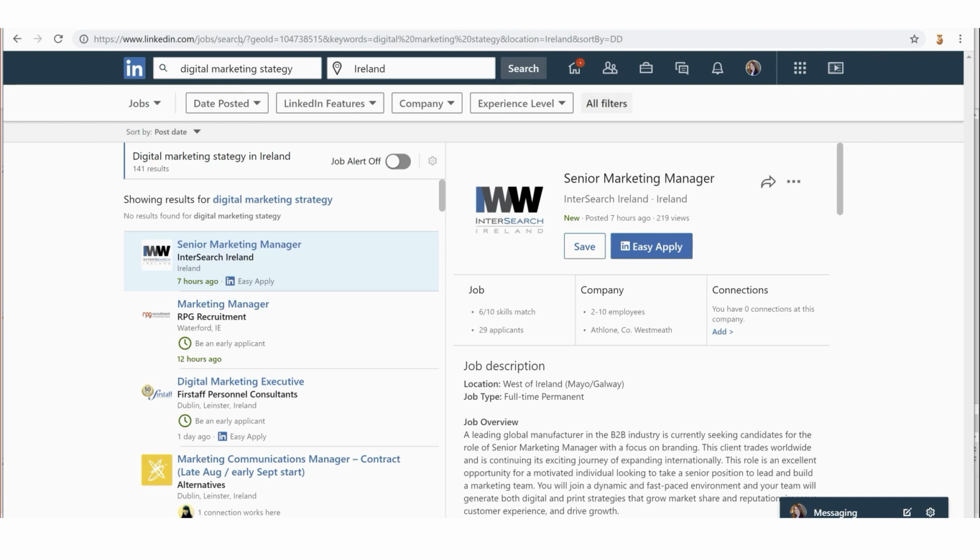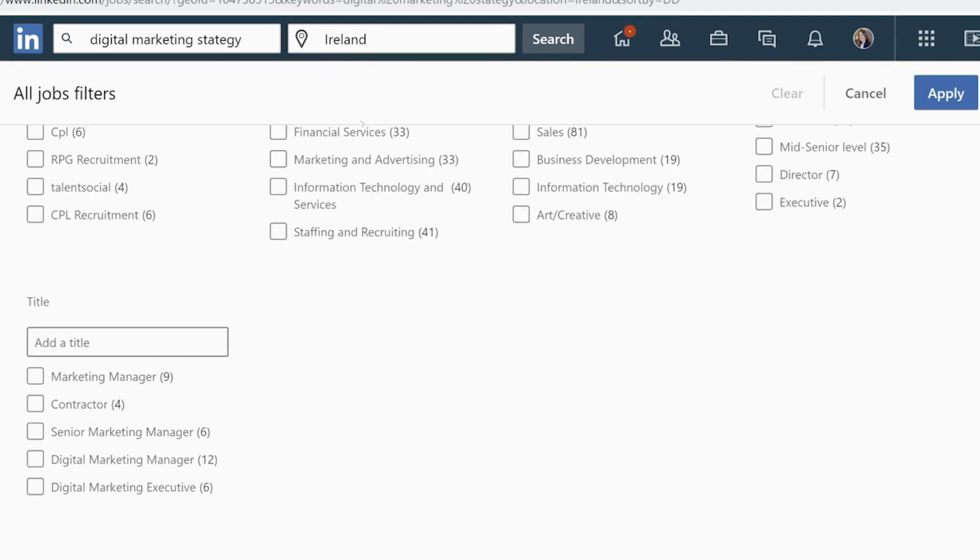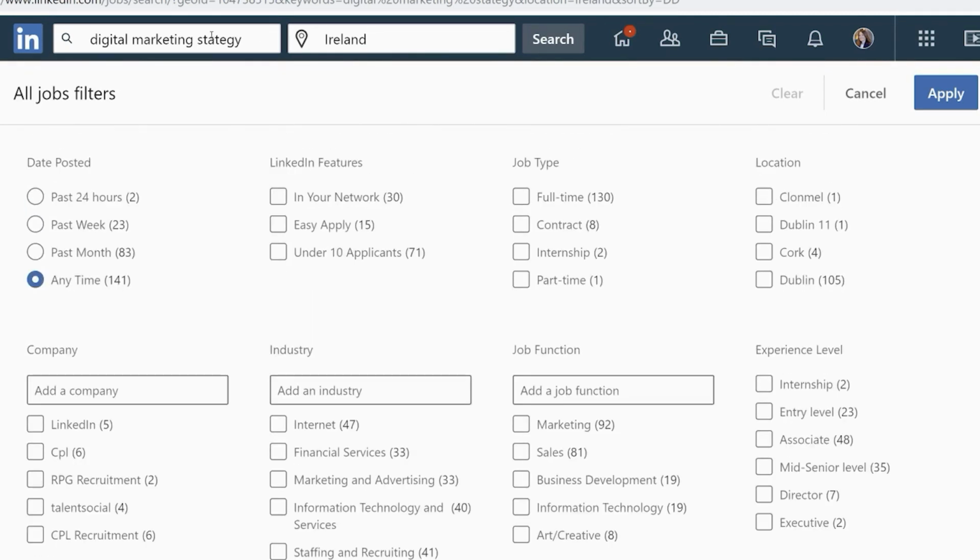Now if we go over here to all filters, if you've done the people searching, you'll recognize this. We have all filters up here, and you'd almost miss it because it blends into the background. So I always use the all filters button. And when we expand on that, can you see all the options that we get under this button? It's incredible. I think one of the most important ones is date posted. So you can refine by past 24 hours, past week.